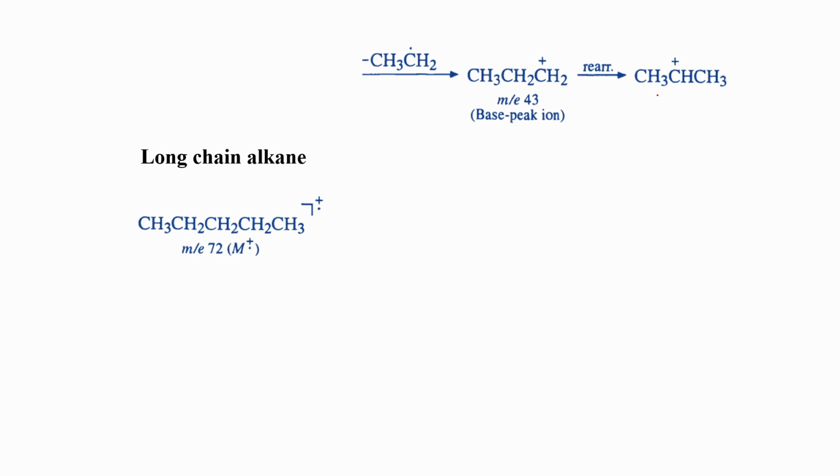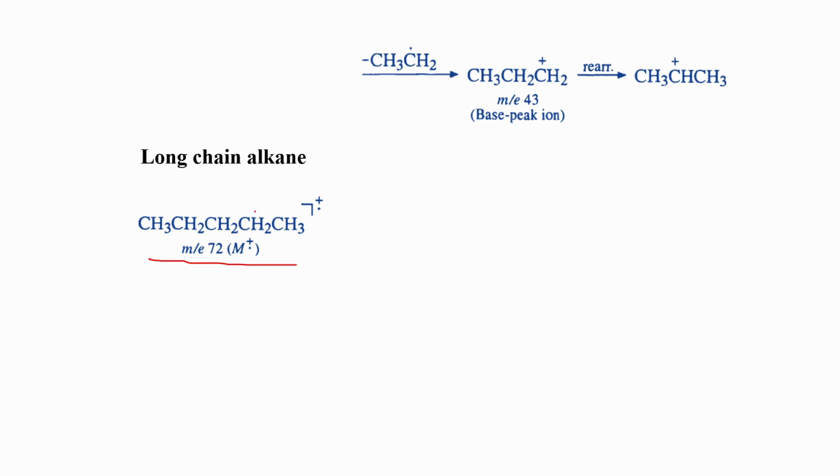carbocation, more stable carbocation. And m/e value 57 is due to the formation of butyl carbocation, which rearranges into isobutyl carbocation, which is also more stable. The mass spectra of alkanes are characterized by groups of peaks separated by 14, that is of CH2 groups, 14 mass units. Okay, here in this case, the fragmentation of normal pentane, you can see the base peak is formed